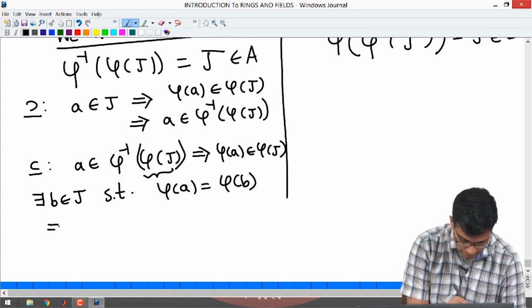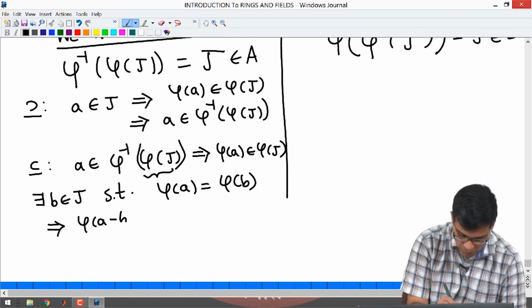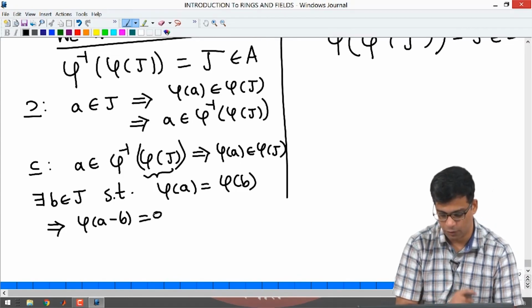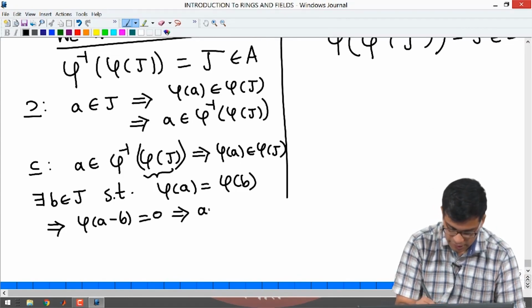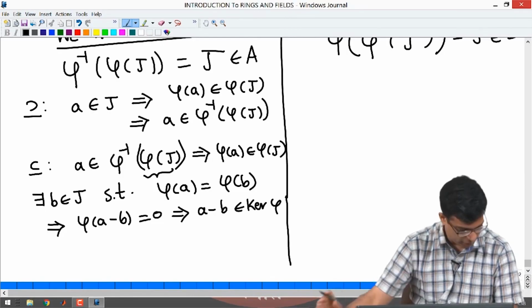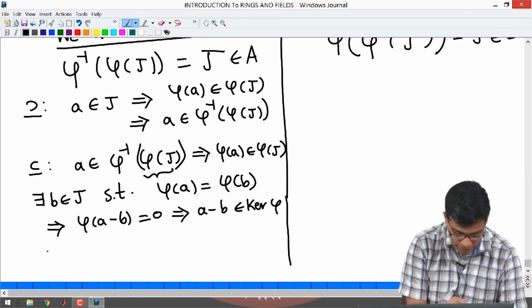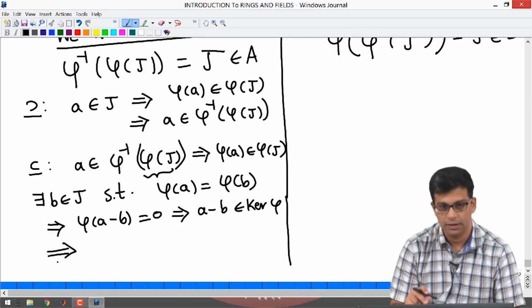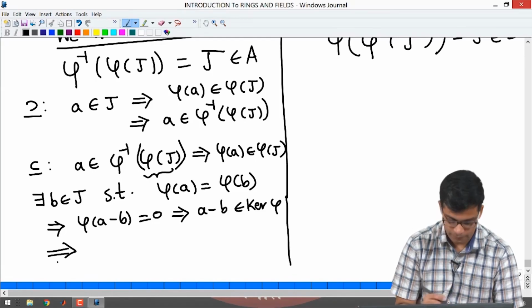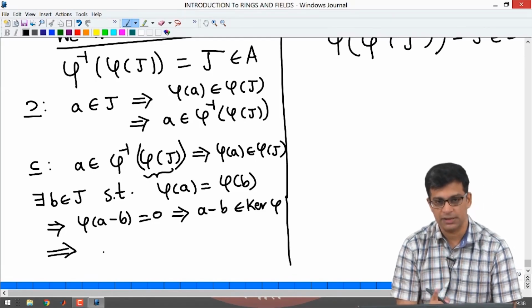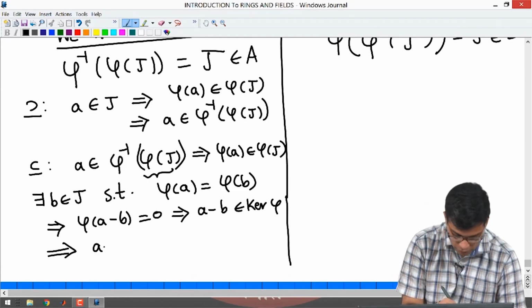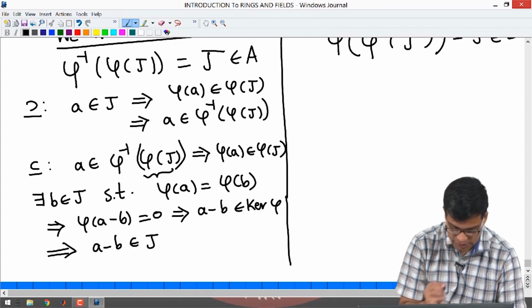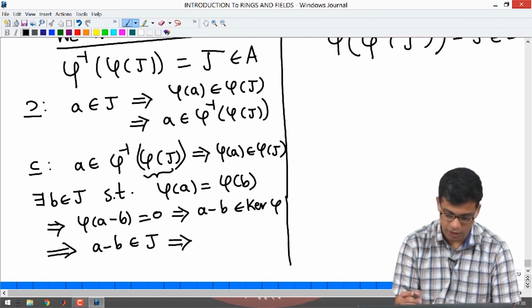but this means phi of A minus B is 0, because phi of A is equal to phi of B, but this means A minus B is in the kernel, right, A minus B is in the kernel. But now remember that j is in A, that means j contains kernel phi. Capital A consists of all ideals that contain kernel phi. So, A minus B is in the kernel means A minus B is in j, but B is already in j,